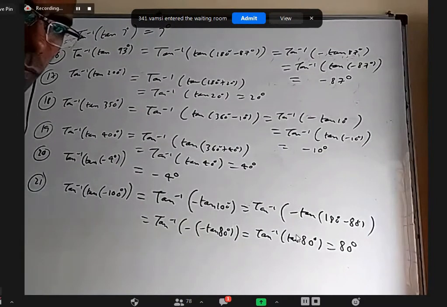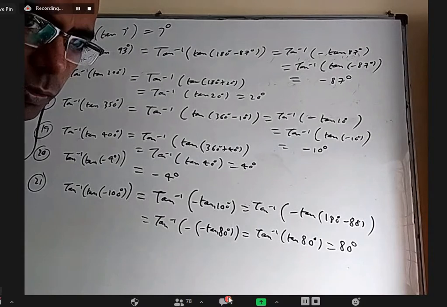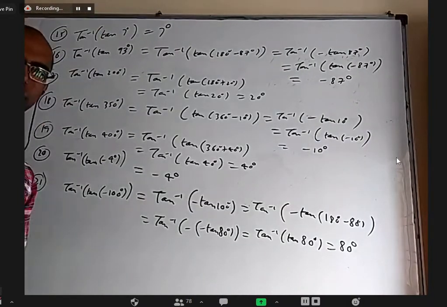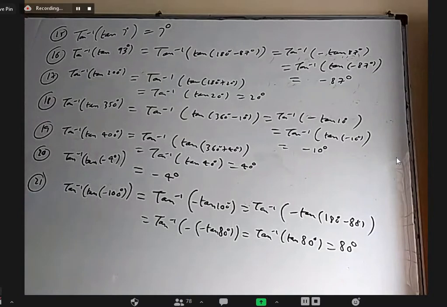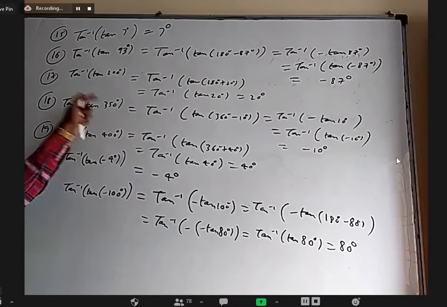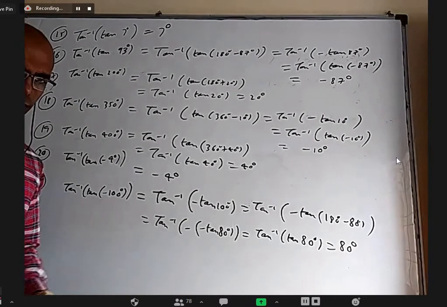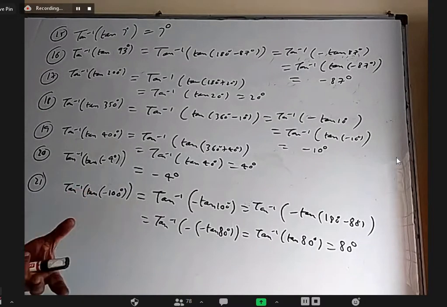Sir, we should do cot now, sir. No, I'll go further. I wanted to do cot, secant and all. I thought it will be too much. Okay. I wanted to do cot to differentiate between tan and cot because the principal values for cot were different, but it's okay. Cos will take care. So this gives good enough practice. I'll just give a few questions in radians and then we'll go further.